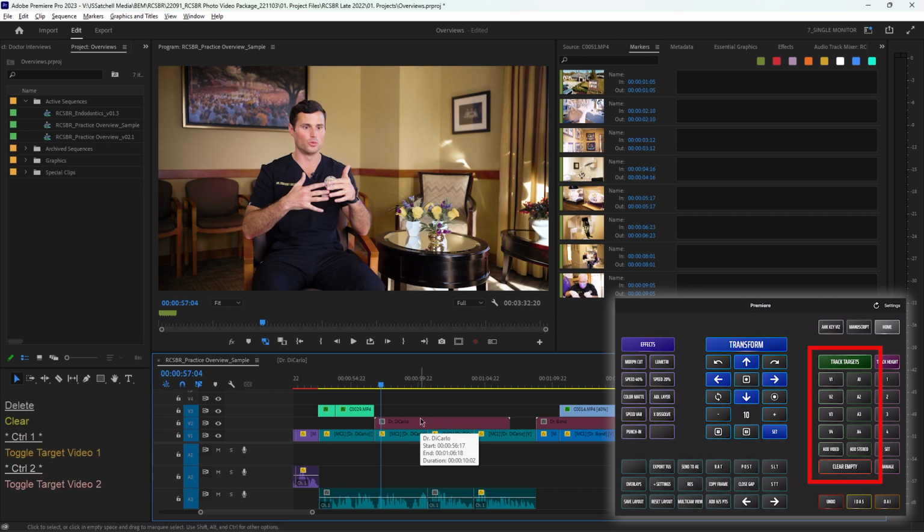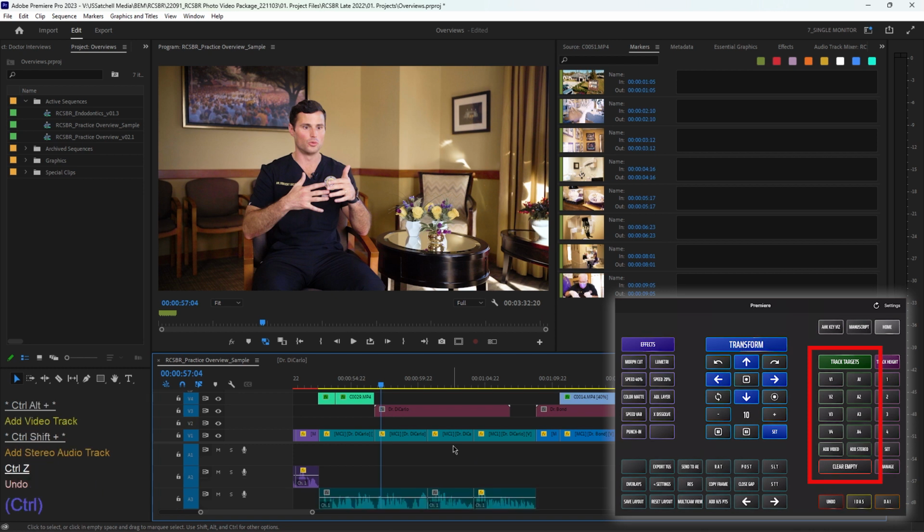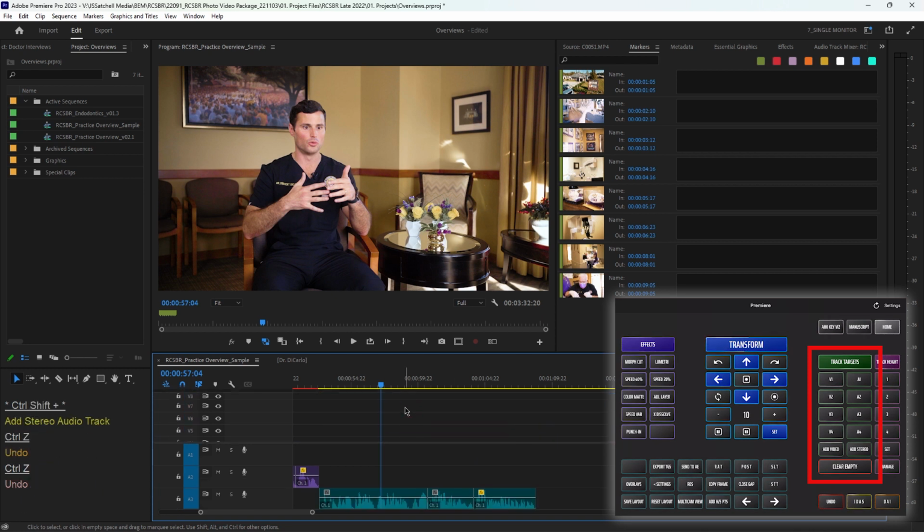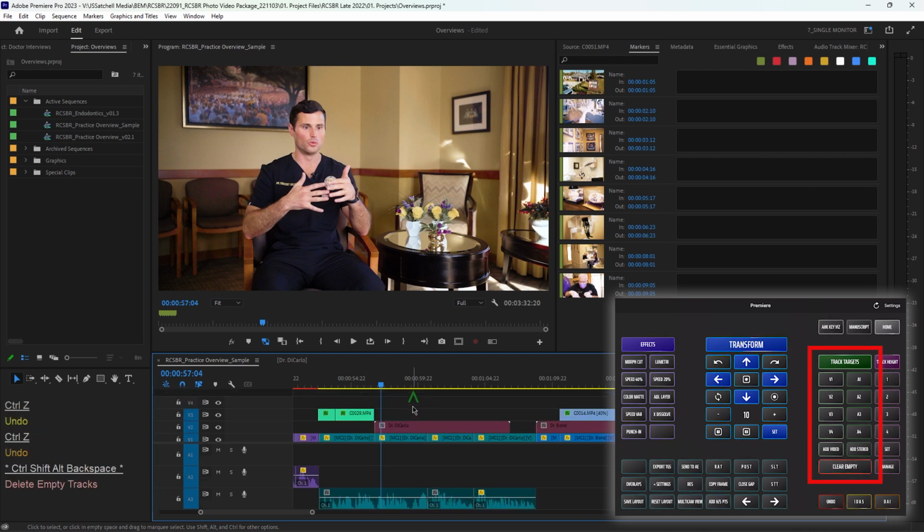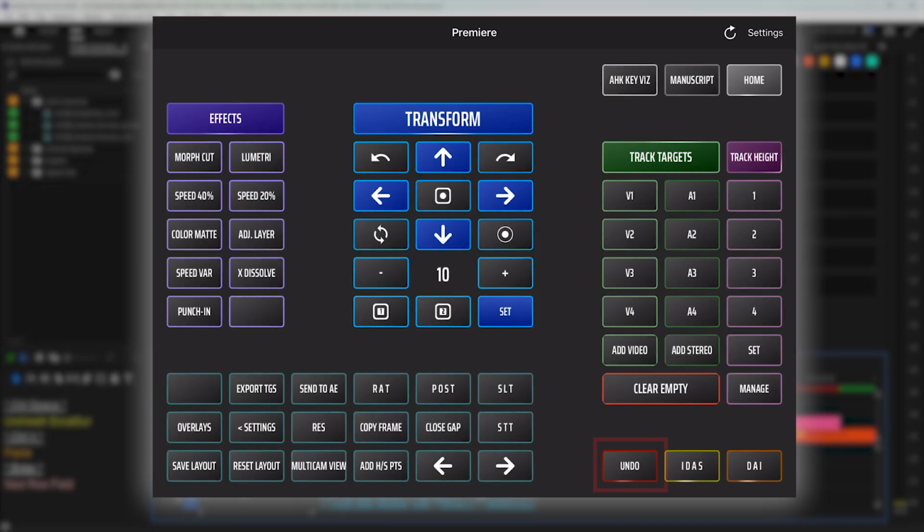So I can quickly just press through which tracks I want to have highlighted, audio and video 1 through 4, and then I can also add a video track, add an audio track, or clear all empty tracks if I want to. And then I do have a button for undo at the bottom here, which that's the Excalibur undo,